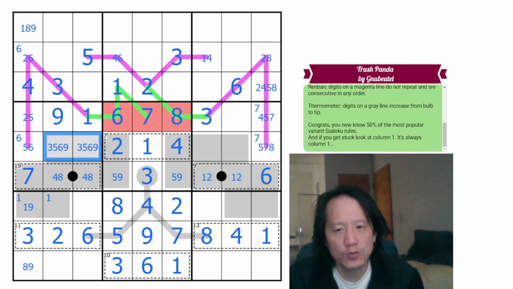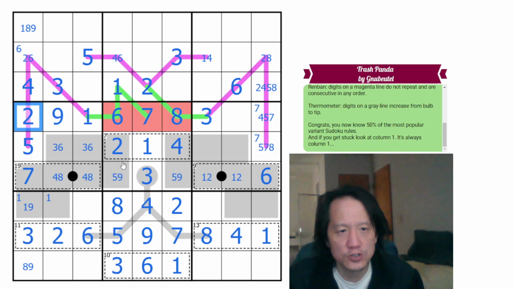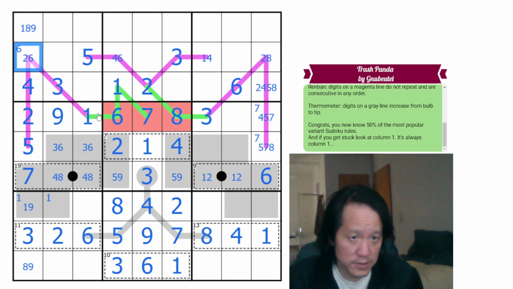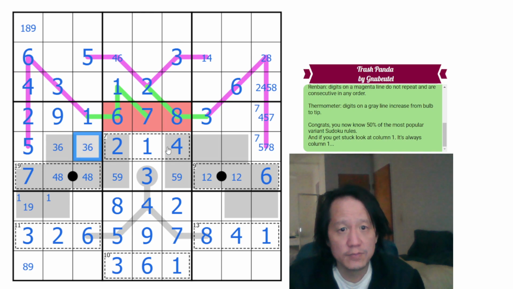This can't be 5 or 9, so that makes this 3 and 6. This can't be 6 anymore, so this must be a 5, which makes that a 2, which makes this a 6. So this can't be 6 anymore, which forces this to be 4 and forces this to be 1. This can't be 2 or 4. This can't be 7. Therefore, where is a 7 in